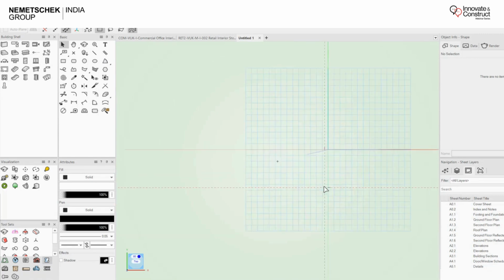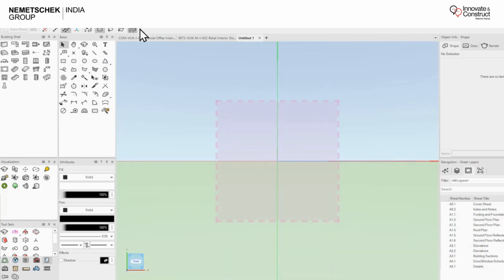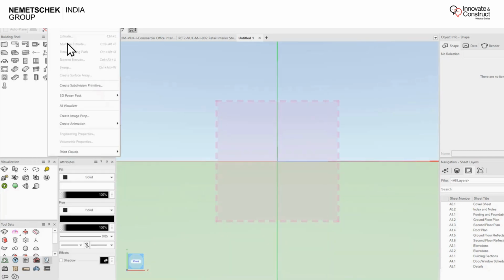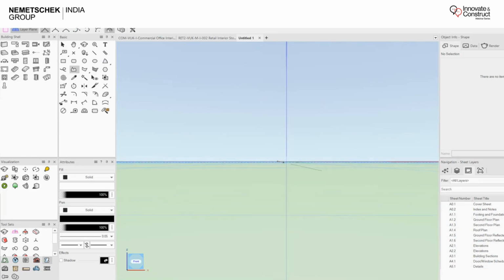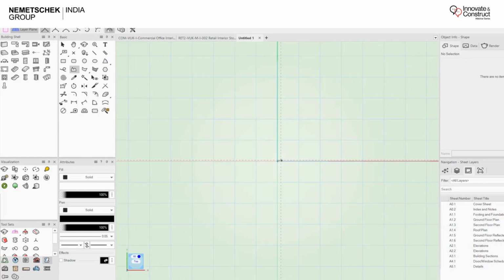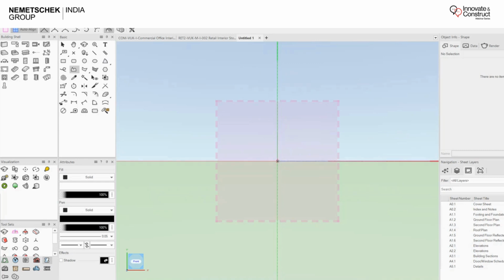Just to show you how other tools can work onto this. If I'm using a tool where I'm not sure about my geometry, or not sure how it's going to look, I can always toggle back and see that. So I can select,